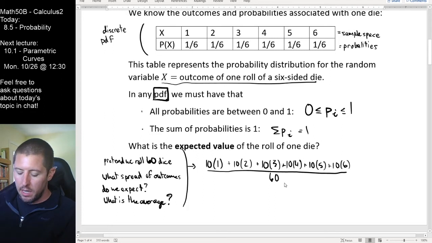But what I'm noticing here is it might actually look a little bit nicer for me to decompose this into lots of small fractions. The reason I'm saying that is because I see, for example, 10 and 60 might make a nice fraction. And that's going to happen in every single one of these cases, so I don't need to do this simplification at all. I could just directly go,